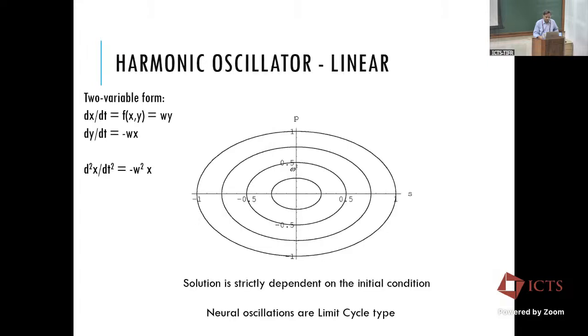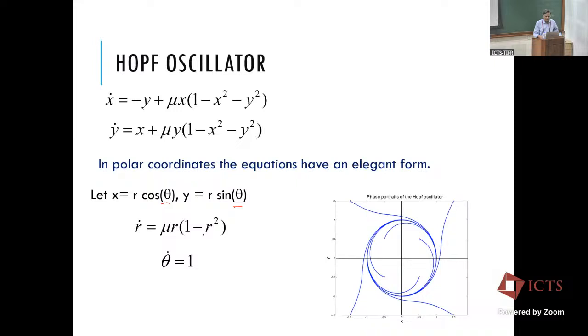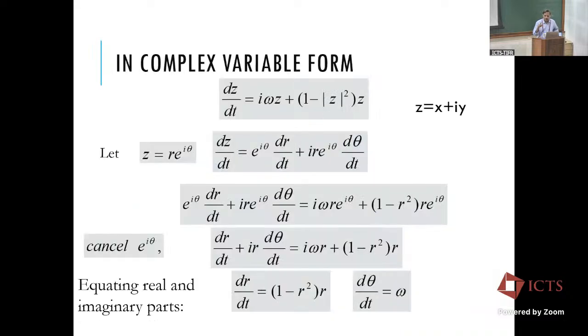And so this is a harmonic oscillator, whereas we'll take a simple example of a limit cycle oscillator, the Hopf oscillator. These are the equations of the Hopf oscillator. If you convert them, it looks slightly scary with cubic nonlinearity and all, but in polar coordinates it's very simple. From this dynamics, you can see that R tends to 1, and theta is simply a rotor, right? So it keeps going round and round the unit circle.